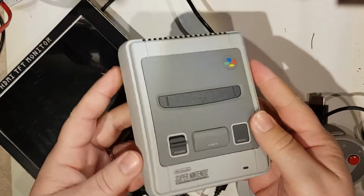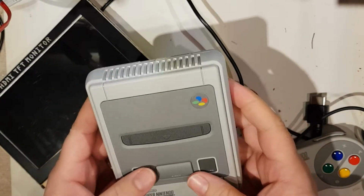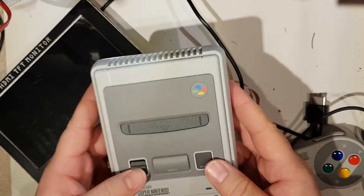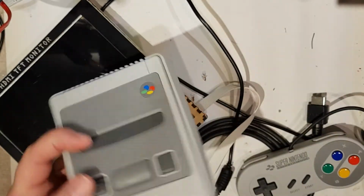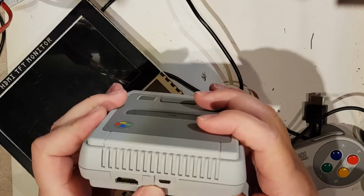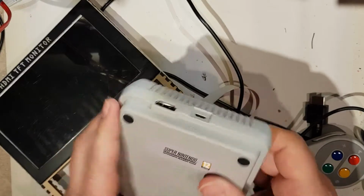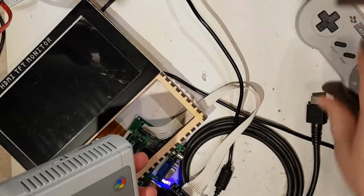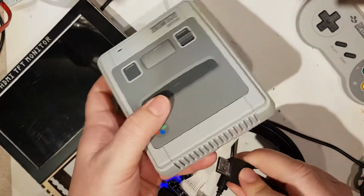So here's my mini SNES. I only just got it out of its box. I've never actually used one of these. Never owned one, but I couldn't resist it when it was released. And it looks like it's got an HDMI port on the back and a USB power, DC in. So hopefully I can easily enough do this. So HDMI in there